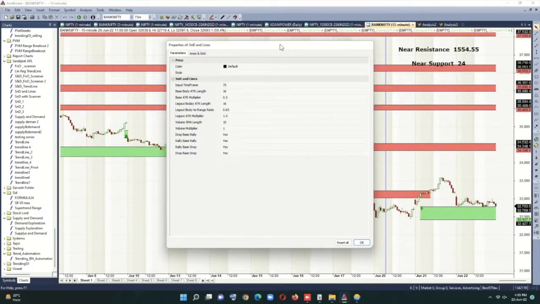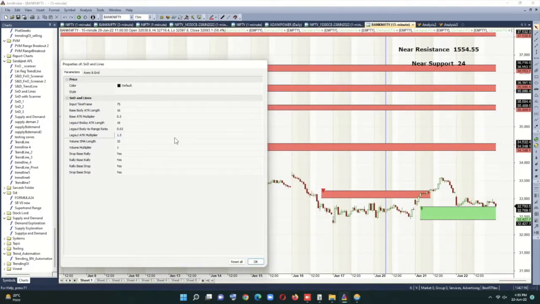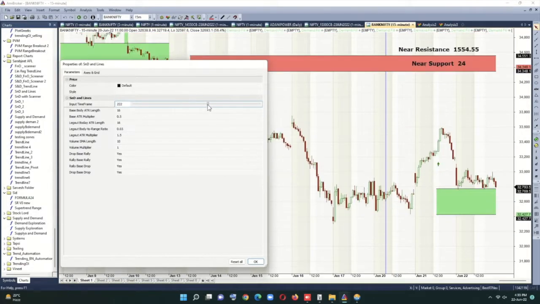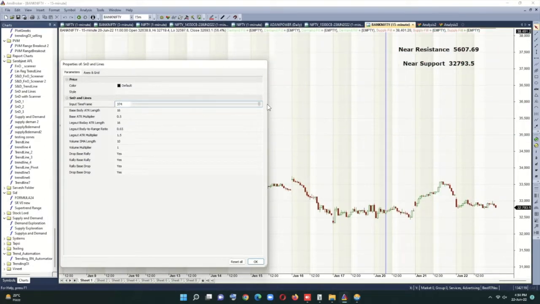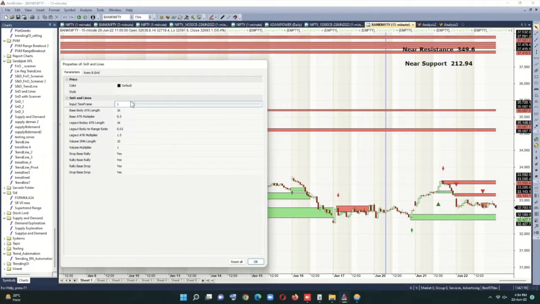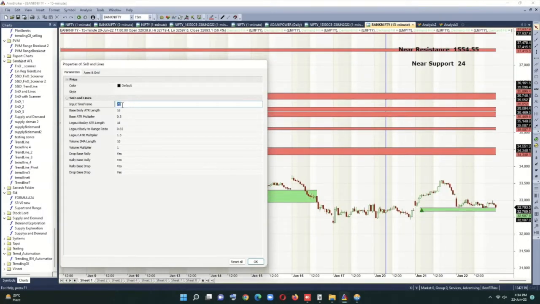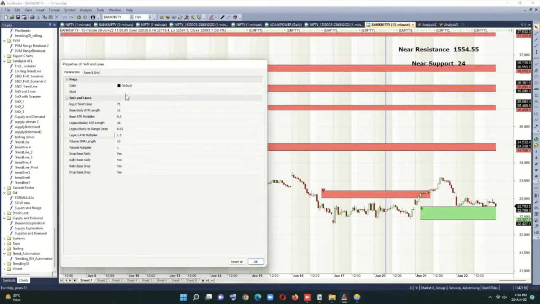In 75 minutes you can see we get good zones, and you can change this time frame to any time frame till 1 day. This last is 374, which is the 1 day time frame. You can go to 1 minute also, so make it 75. And this supply and demand AFL is based on a rally base rally and drop base drop